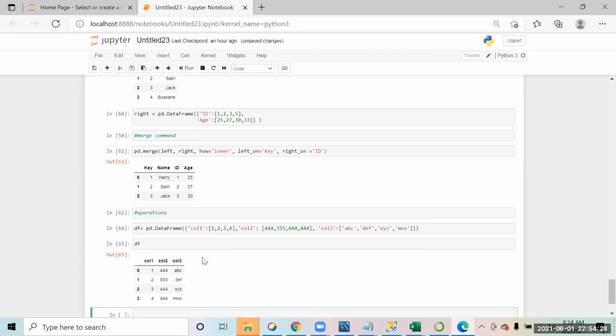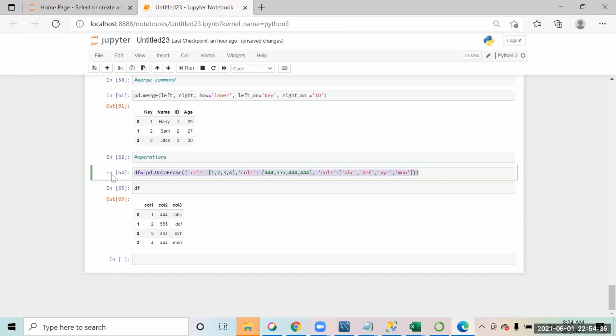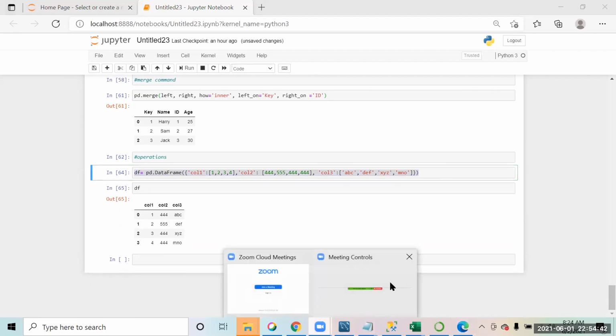This is a data frame that I just created, right? Suppose you want to pull the unique values. Remember in SQL we learned a distinct clause.